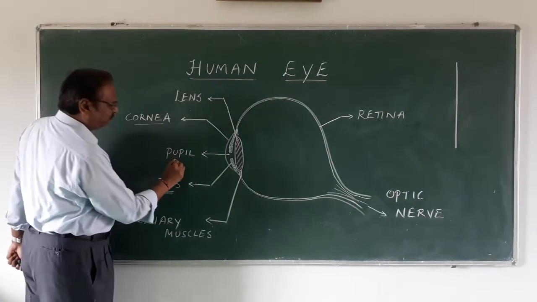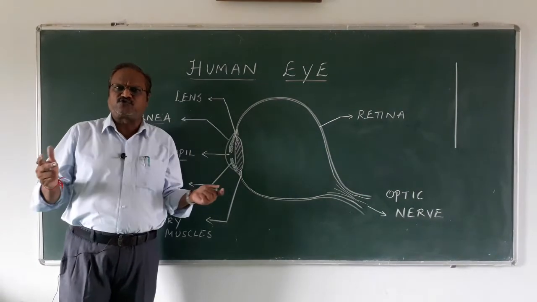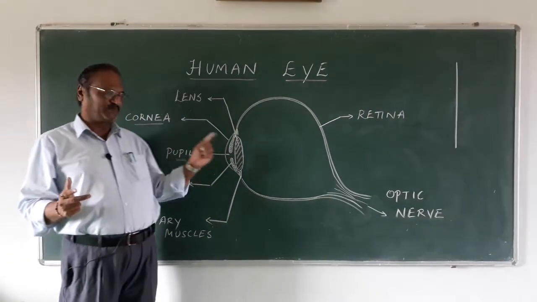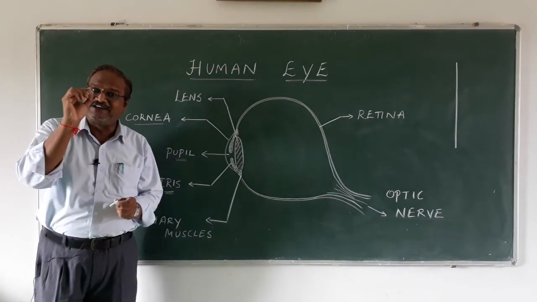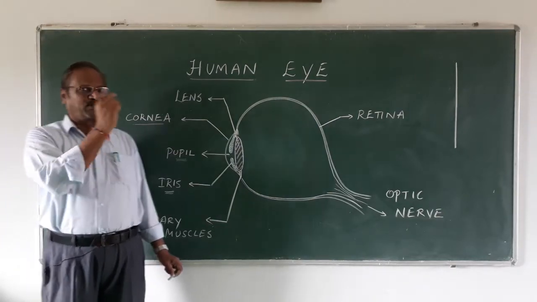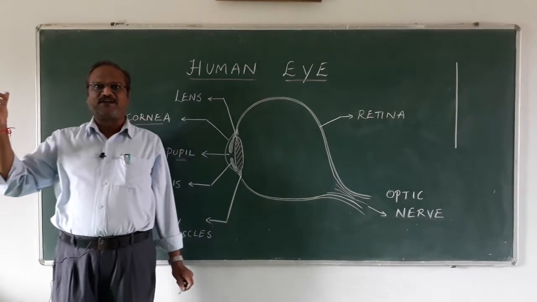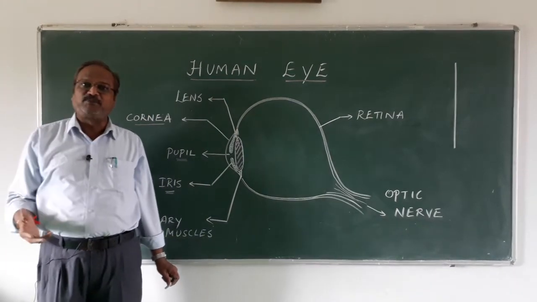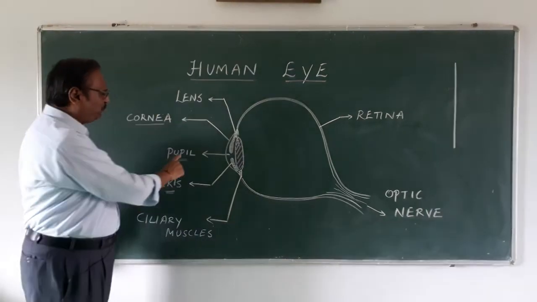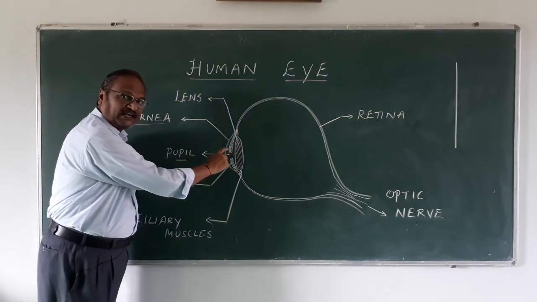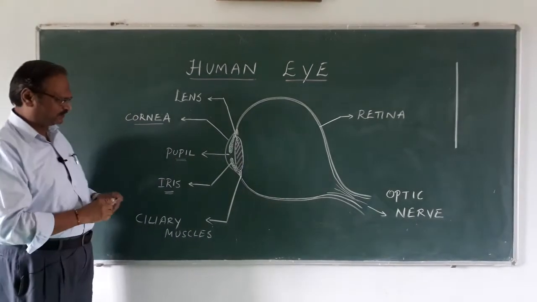Yes, next we come to the point called pupil. What is it called? Pupil. Students are also called pupil, and this is also called pupil. Pupil is what you find at the middle of your eye, a colored structure. Some of you will have brown color pupil. Some in foreign countries, green color pupil. They may have blue color pupil. You see cats, its eye will be blue color, right? So pupil is the color. It gives you the color of the eye. It's just made up of pigments. It is made up of some colors.